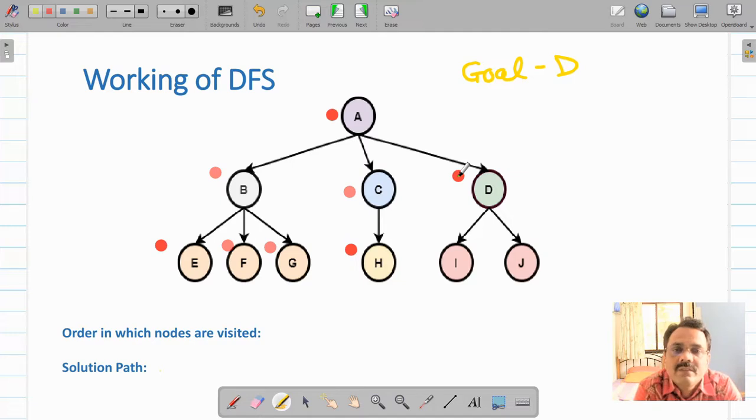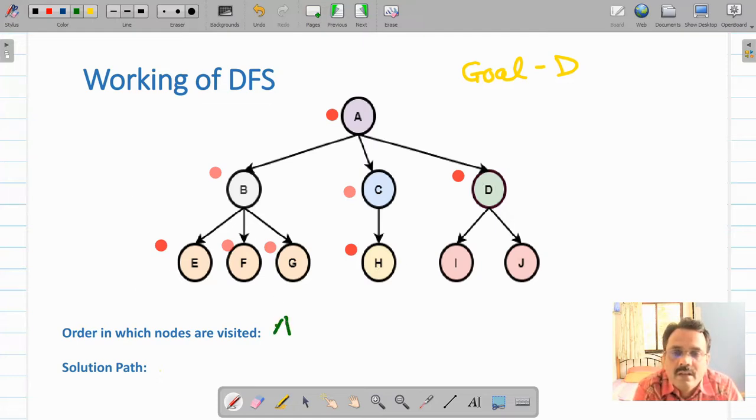So let us first trace how the algorithm has traversed the tree up to this G. The order in which nodes are visited is A, B, E, F, G, C, H and D. So let us put it down.